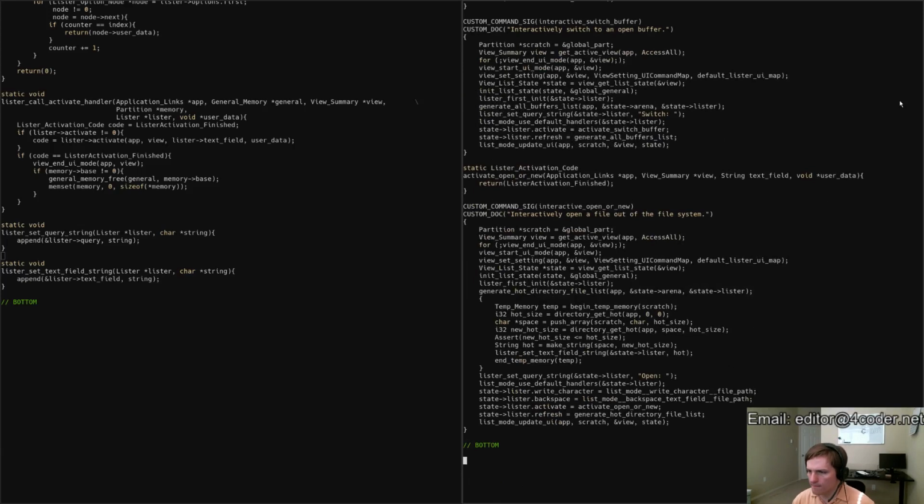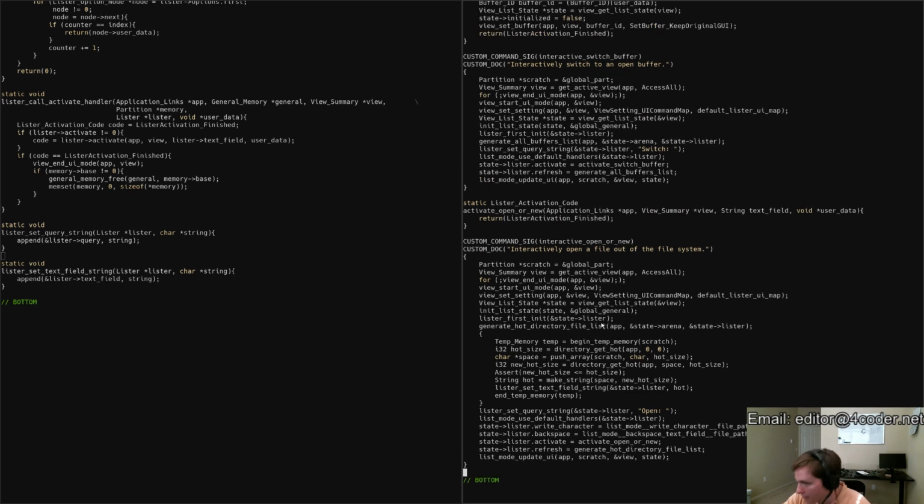Bada boom, bada bang. This code is like twice as long as it needs to be, and that exists all over the code base because of this part here: get the size, push it, read the size, and then the required assert that I have to do to make sure that everything's kosher every time. Those four extra lines are completely unnecessary. Everyone has to do it anytime they're trying to get this string. This is why I like to pass arenas in to have them return strings back to me now. Okay. Anyway,